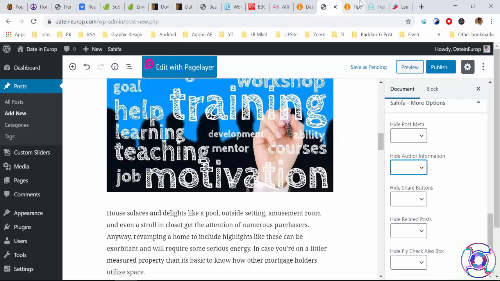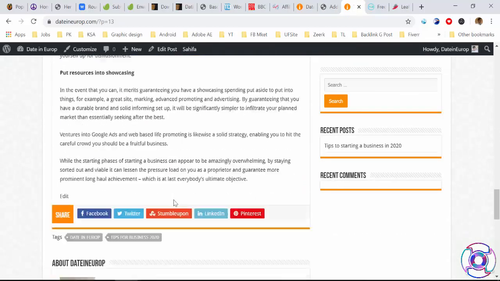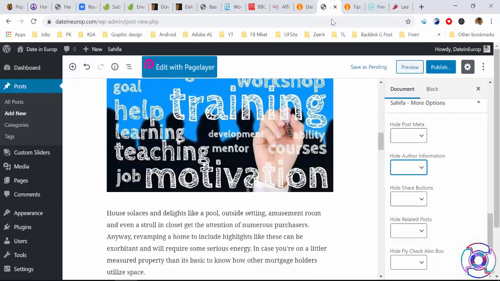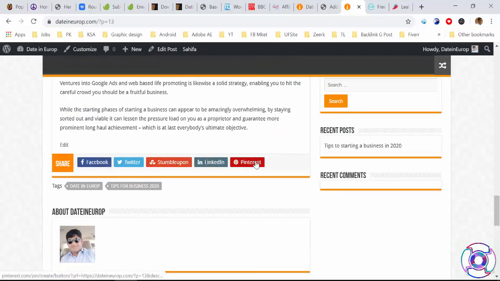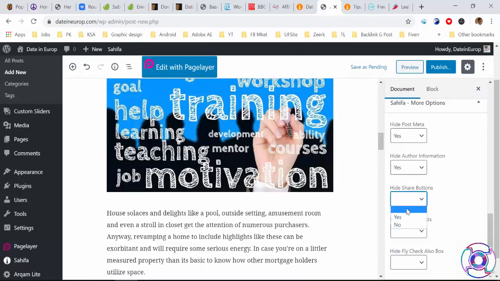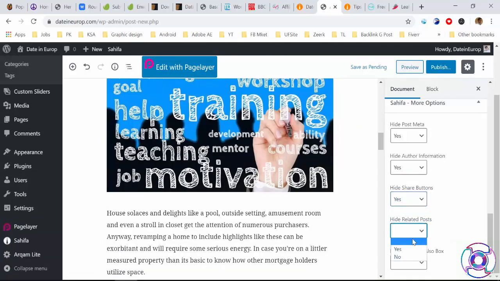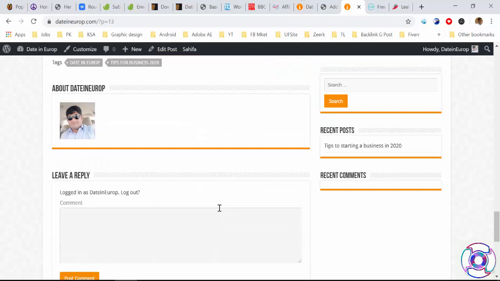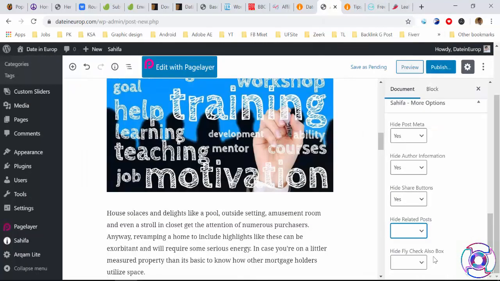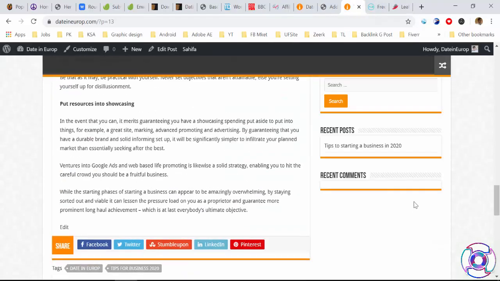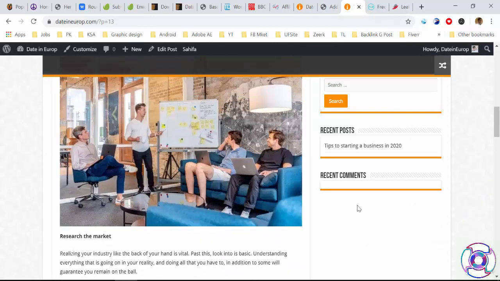and you can see here my name, about author, and I'm going to hide meta, no, author information, yes, hide it. Hide share button, so in this we have the share button, so I click on hide share button, yes, hide. Related post: when we click here, we have one tab for related post, you want to hide, you can hide. We have one box, flag check. Once we post some more articles, you can see here.